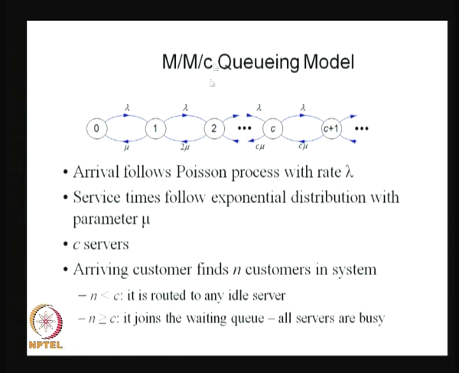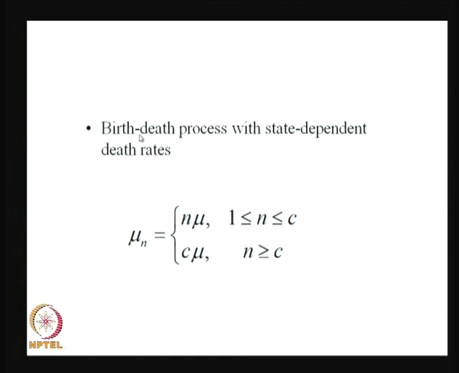So, before that let me explain what M/M/C/infinity means. Whenever any one of the C servers is available, the customer will get the service immediately. If all the C servers are busy, then the customer has to wait till any one of the C servers completes its service. So, that is the way the system works. Therefore, you will have the system size,